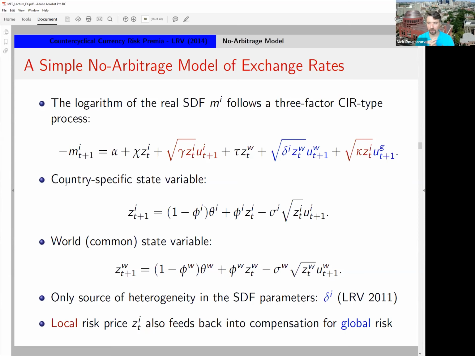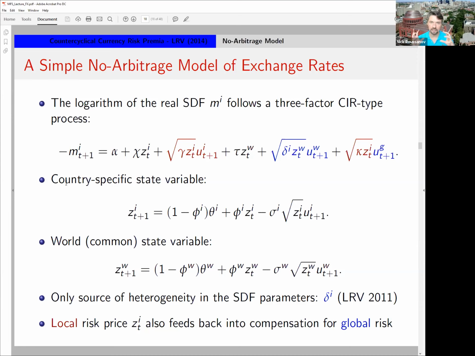Thanks, Adrien. All right, so next step, how do we make sense of this? The way that Adrien and Hanno and I have been trying to make sense of this, which builds a lot, of course, on the work of Backus, Foresi, and Telmer, is by using a reduced form affine stochastic discount factor. Now, an affine reduced form stochastic discount factor, one could say, is not an explanation of anything, because we don't know where it comes from and how it ties to macro variables. And I will talk about that a little bit later on.